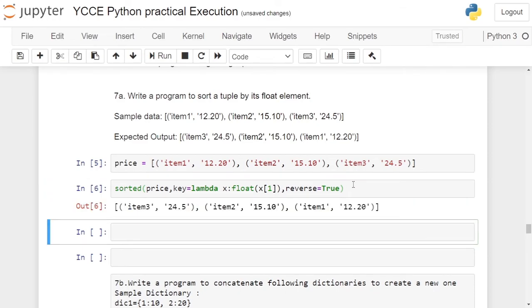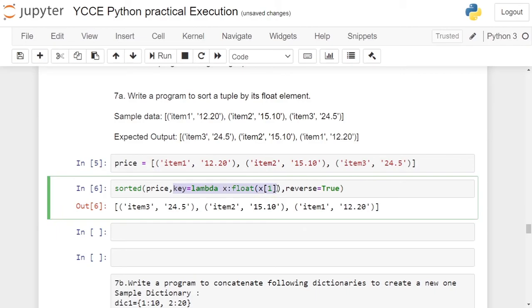What we have done, we have used the sorted function, we have passed an iterable to it, we have specified a key on which it is to be sorted. Using the lambda function, we have accessed that key element, and once all the keys are obtained, the sorted function will use those keys to sort the tuples inside the list and arrange them in either ascending order or descending order by seeing the attribute reverse.